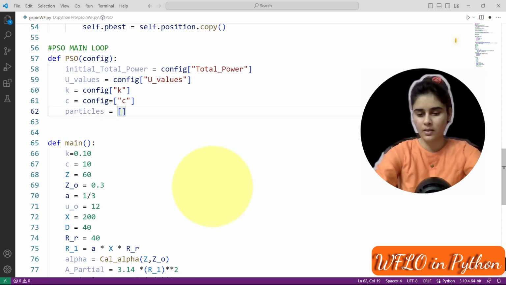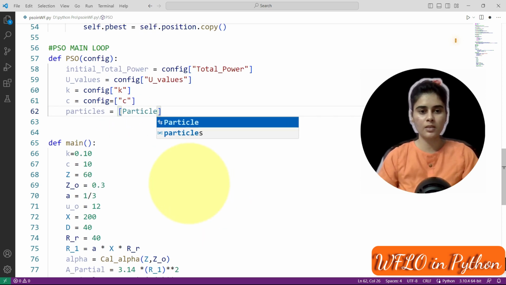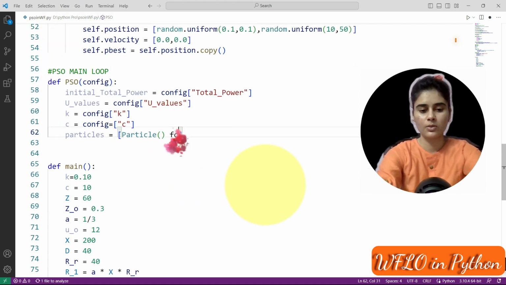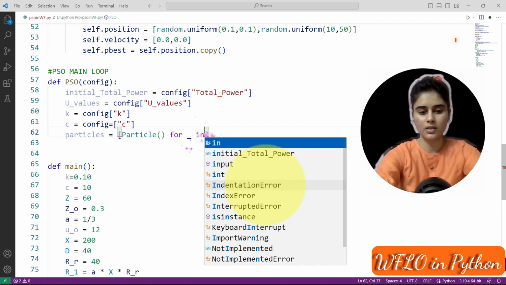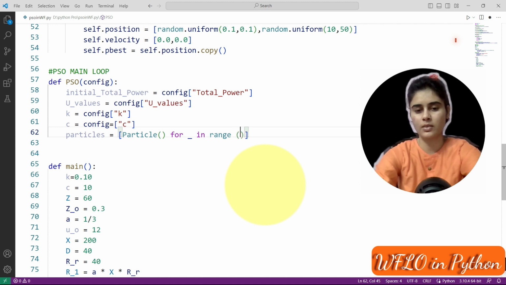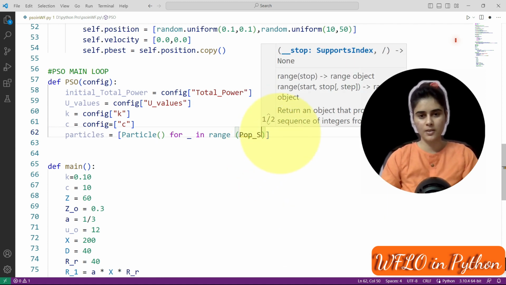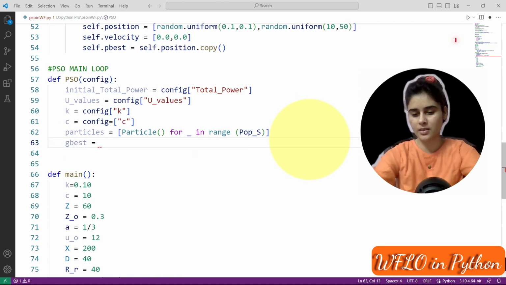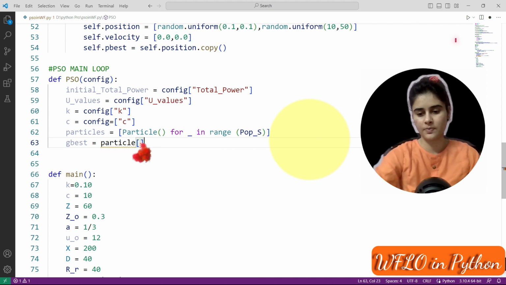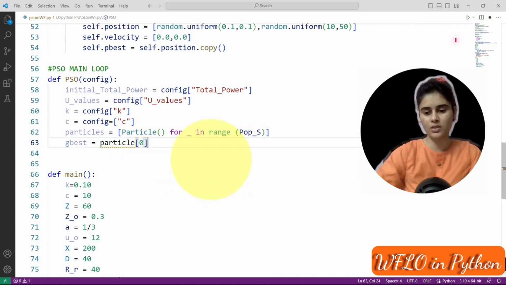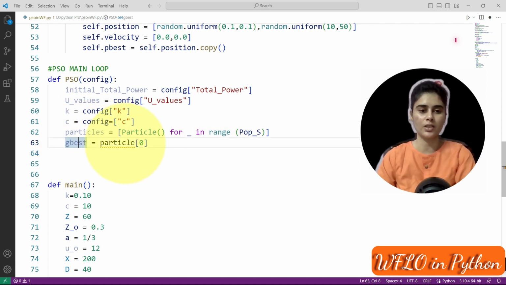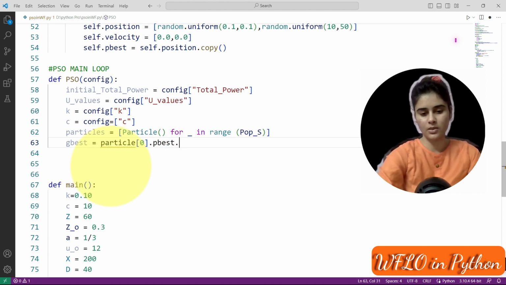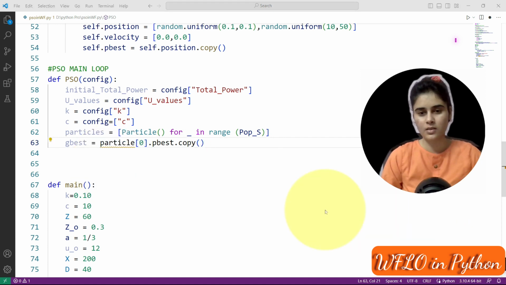Next we have the particles, which we will access from the class. So particle for particle in range up to the population size. Here the G best, that is the global best, is the particle at the best position. We are accessing the best position using the agents. So global best we have dot p best dot copy.